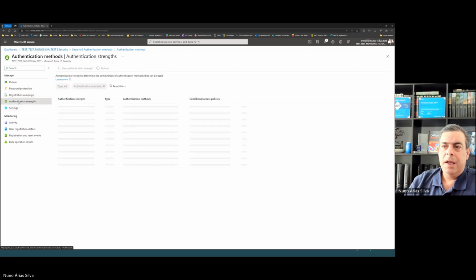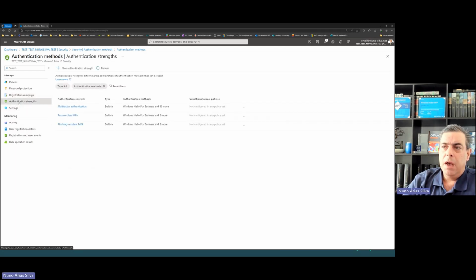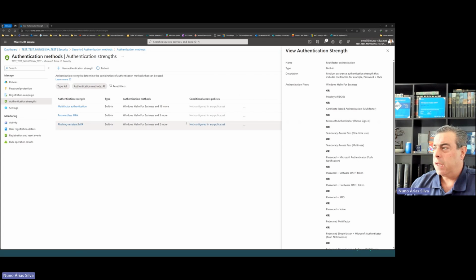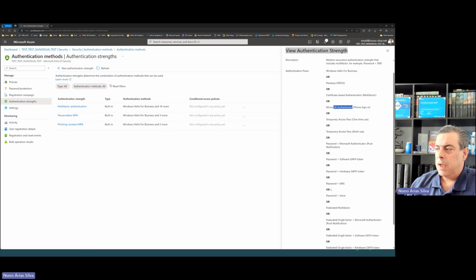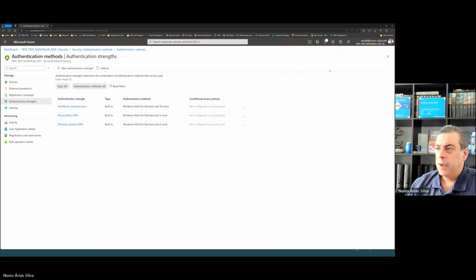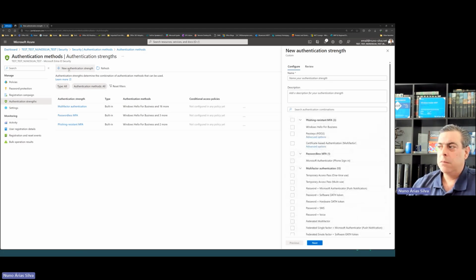And then here we'll have authentication strengths. As you can see, I don't have a new policy here yet directly, but with authentication strengths, you can use Windows Hello, passkeys, the FIDO keys, certificate-based, and all of that you can choose. Also, I can configure my own. Okay, I can create a new one